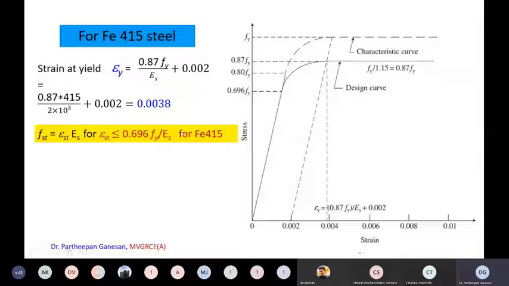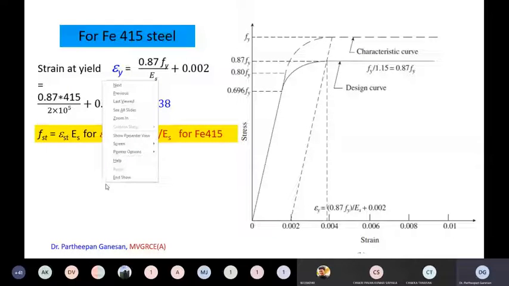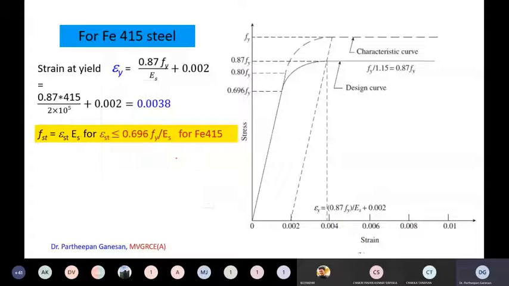that means this one here. If we mark it with pen, here somewhere, this is that one. If this is the epsilon St, that formula is this one, 0.696. So up to this strain, your stress will be linear, so you can find out from this one. Now, how to find out this strain? Suppose if I have at this point, what is the value of stress? So for that, you can easily find out.